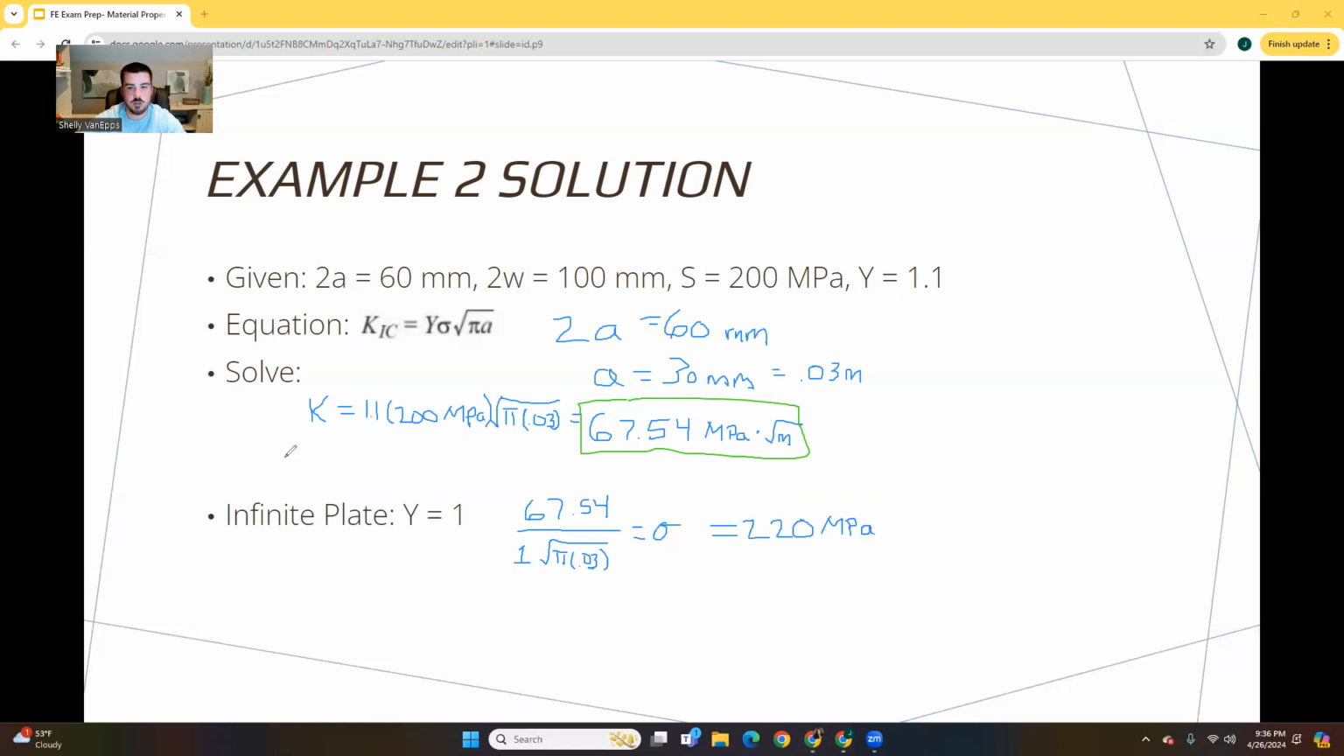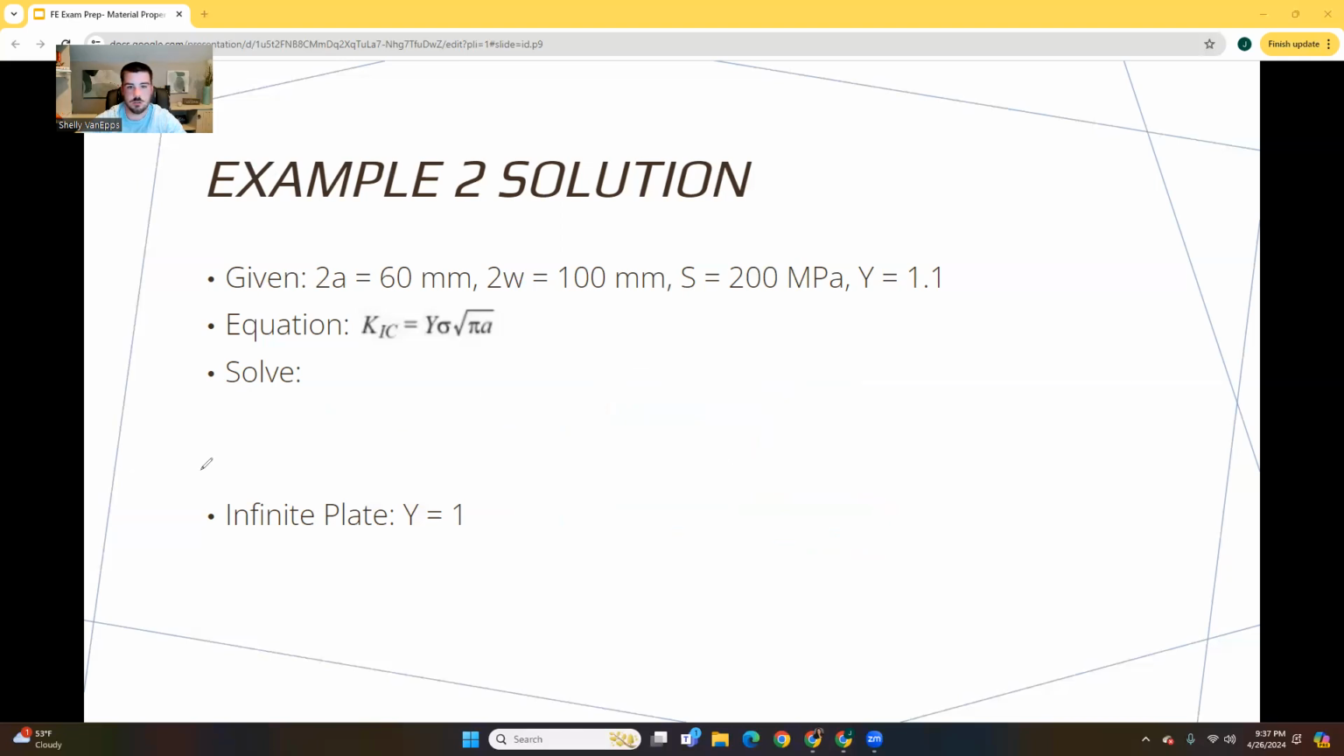So I would say the main challenge with this is making sure that you can find the right equation and take the information given in the FE handbook and actually apply it to the question. Put this down now. And we will move on to question